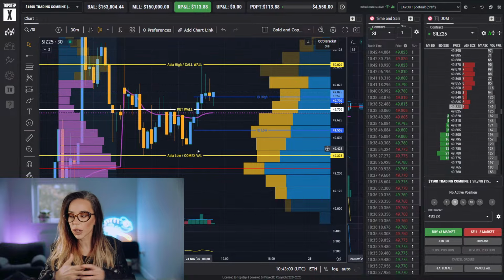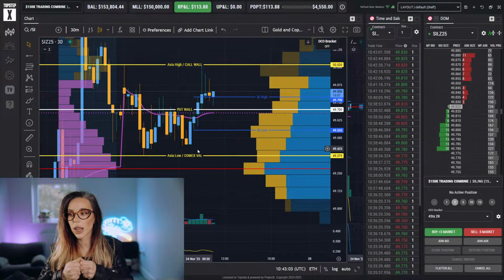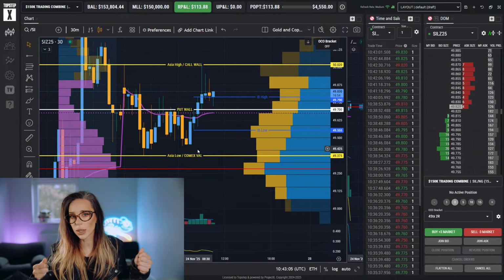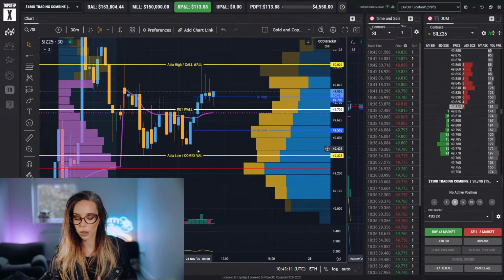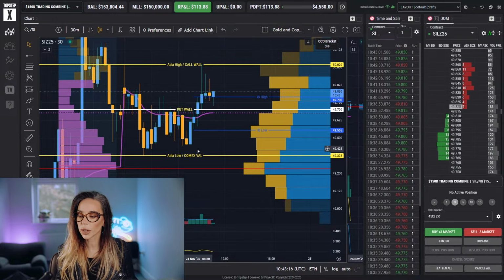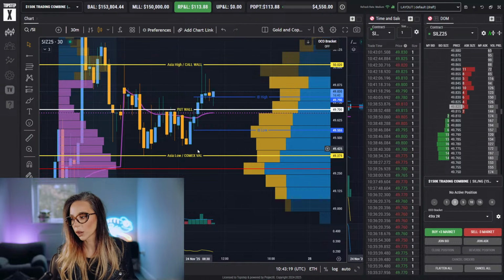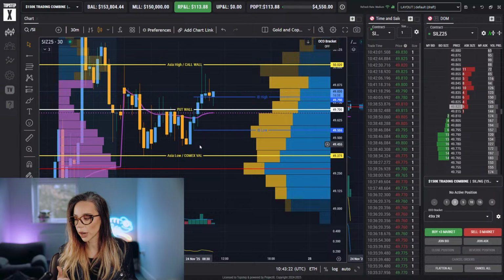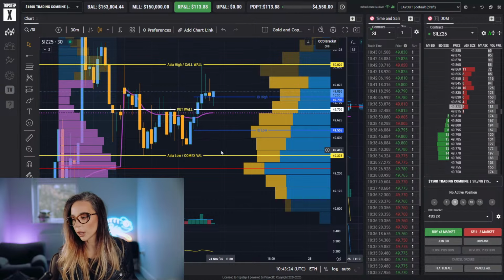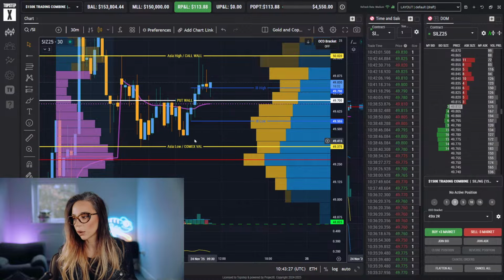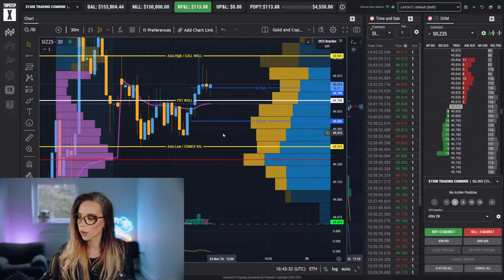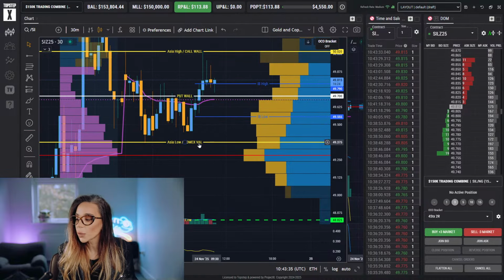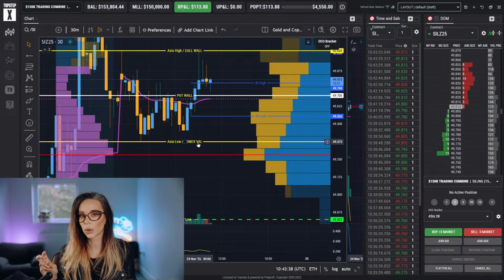Why? Because when the initial balance extends to both sides and there's no strong movement, no single prints, nothing at all, just kind of distributed evenly, like overlapping candles on the way to the area, that is a perfect range trade. So with the context of a potential rollover, the context that we're still inside the Asia range, which frequently sets the tone for the day, and the fact that you have a very nicely distributed Asia range, this becomes the high probability neutral day fade trade.